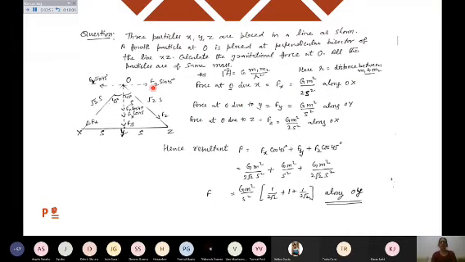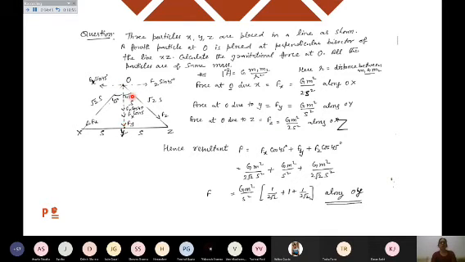Similarly, when I want to write the force at O due to Y, it is Fy. It means it is along OY, and the magnitude is Gm square upon, simply this distance is S, so I will write S square. And the force due to Z, Fz towards Z, equals Gm square divided by root 2S whole square. Root 2S whole square means 2S square, and the direction is along OZ.